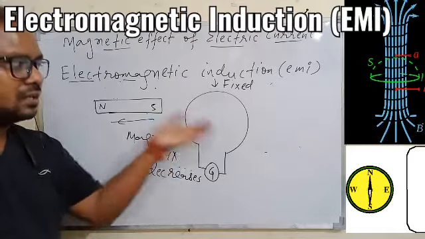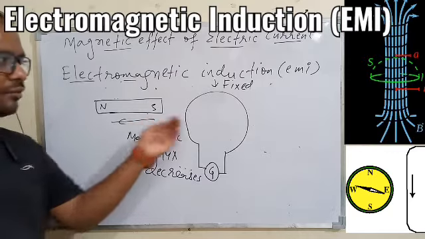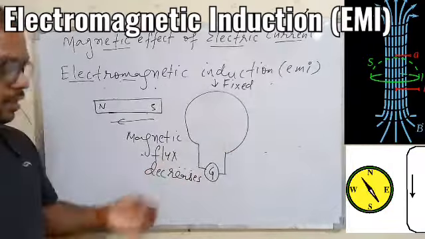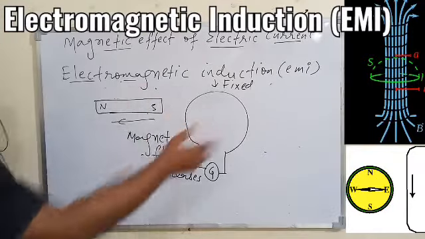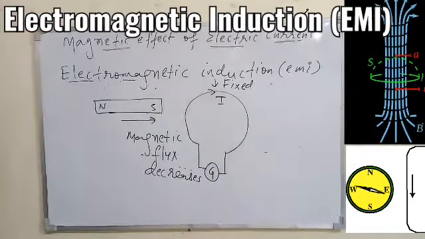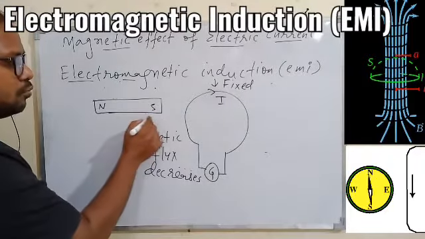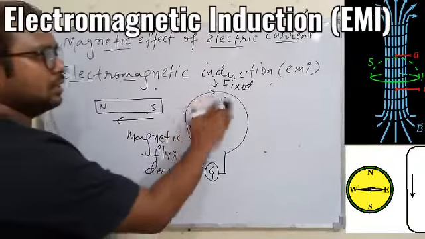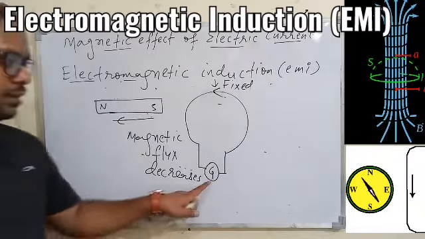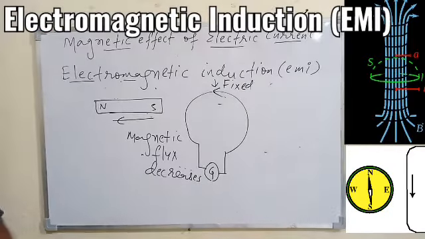Change means it can increase, it can decrease. But the difference you will find is that if the magnetic flux increases in a coil, the current will be in one direction. Just take an example: when you move the magnet towards the coil, the current may be in one direction, so you will see the deflection in the galvanometer in one direction. Once you start moving the magnet away from the coil, the direction of the current in the coil will reverse, so the deflection shown by the galvanometer will be just opposite. Those are the two conditions we have.